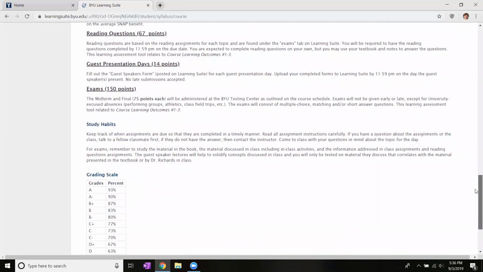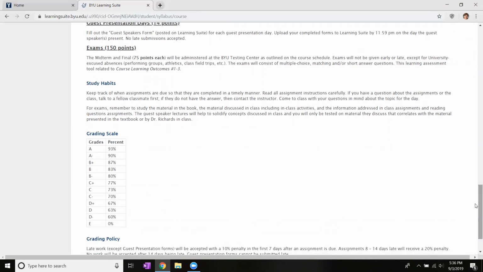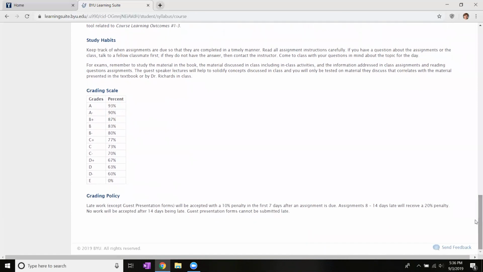And then finally, there are 2 exams this semester. There's a midterm and a final, both administered at the BYU Testing Center. And they consist of multiple choice, matching, and short answer type questions. There are some tips for study habits that I'll let you look at on your own. There's a grading scale, and then just to remind you of the grading